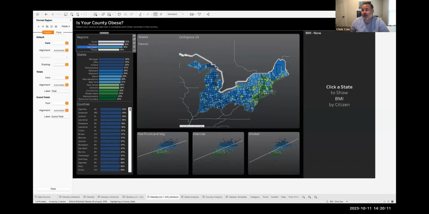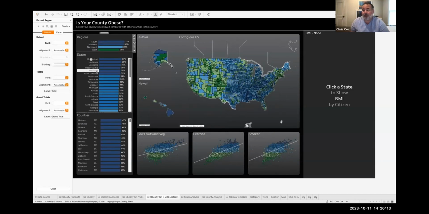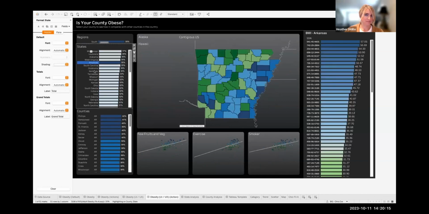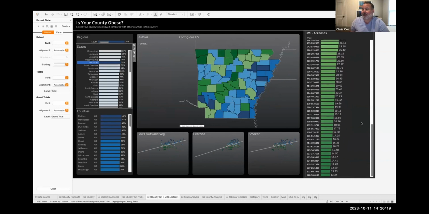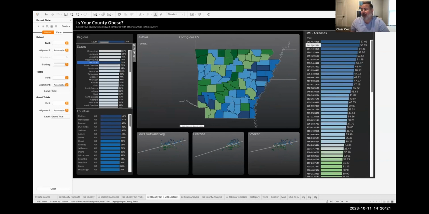So if I just click these, nothing's really going to happen to this side because that's not really where it's driven from. But as soon as I click on a state, then it's going to populate all. Well, now it's not all the people in the state, obviously, but if I had this data, this would be what we would show.